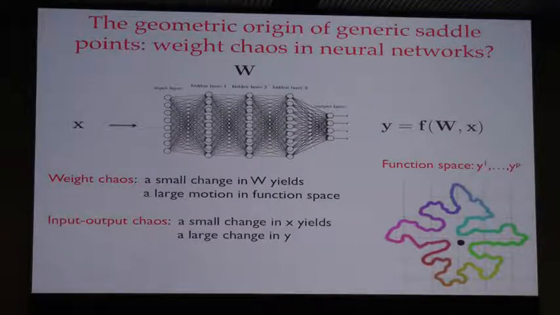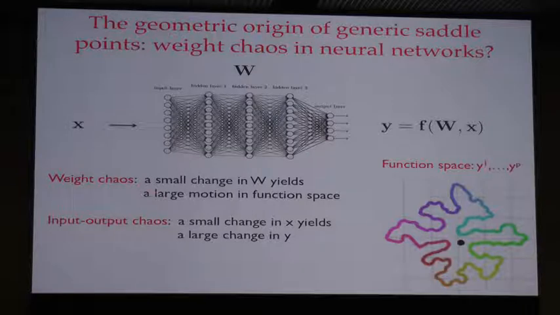Okay. Now next, I'm going to switch gears, and I'm going to talk about the expressivity of deep neural networks. So a natural question to ask is, what can deep neural networks express that shallow networks cannot? That's the expressivity problem. It turns out we can show that the expressivity of deep neural networks can originate from input-output chaos. And by the considerations that I've talked about intuitively now, but can be made much more mathematically precise, as a concomitant effect, you get weight chaos. And so expressivity comes hand in hand with difficulty of training.